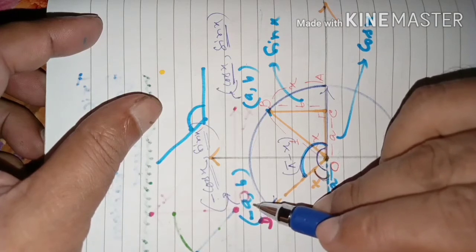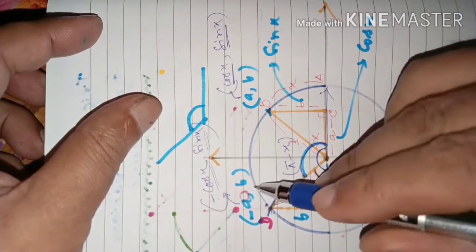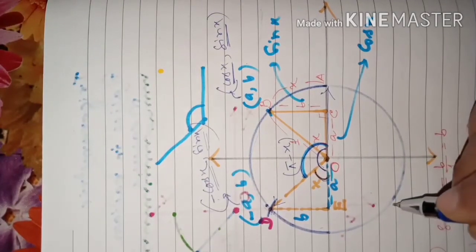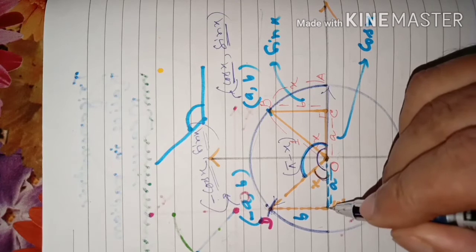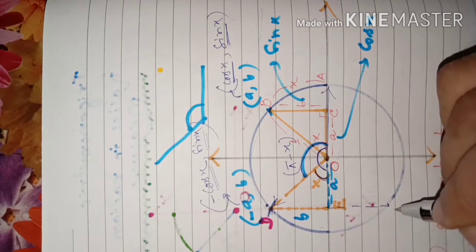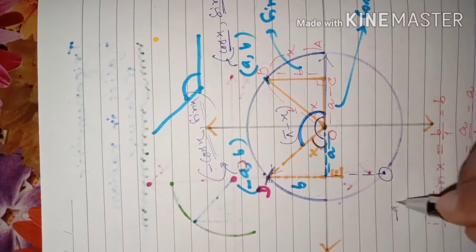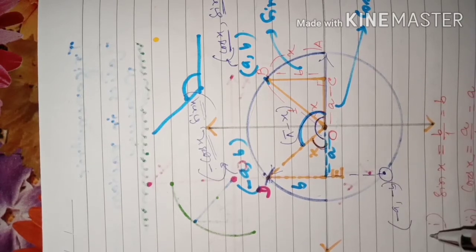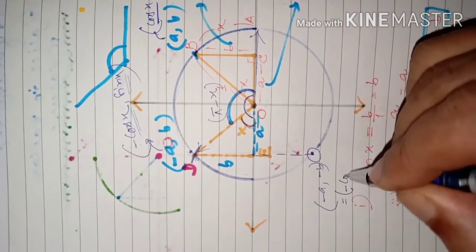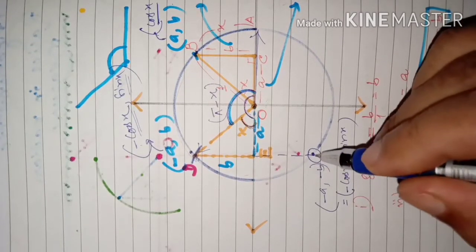That means the abscissa will be negative, minus on this side, and the ordinate will remain positive. That means it will be sin x only. Again, when you come into this quadrant, suppose you select a point here, minus a unit this way and minus b unit this way. Here a point is here. Its coordinate will be minus a comma minus b, which is actually minus cos x, minus sin x. Okay? Minus cos x, minus sin x.